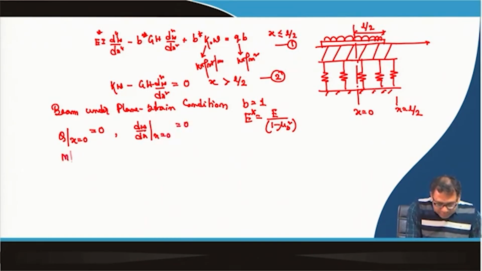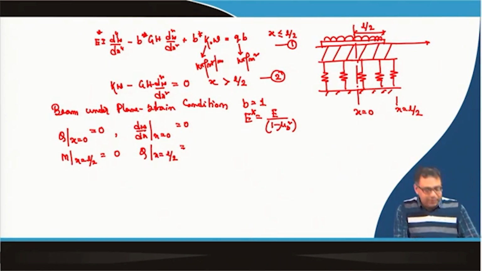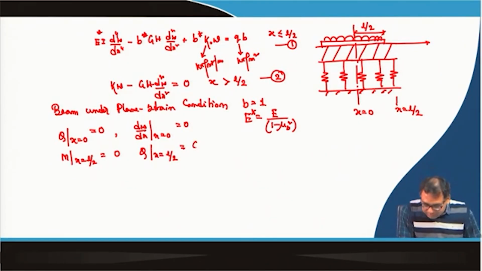Then moment at x equal to L by 2 is equal to 0, and shear force at x equal to L by 2, but here is the difference. It is not 0; for the 2 parameter model, this is the equation, dw/dx minus dw